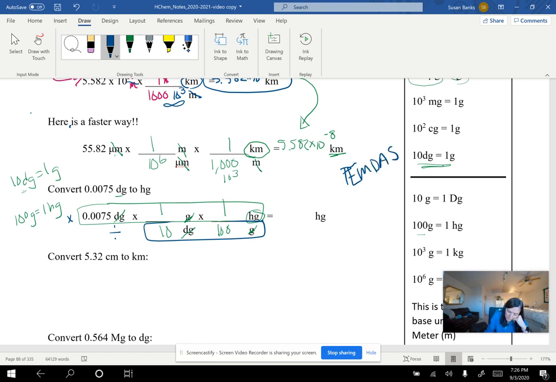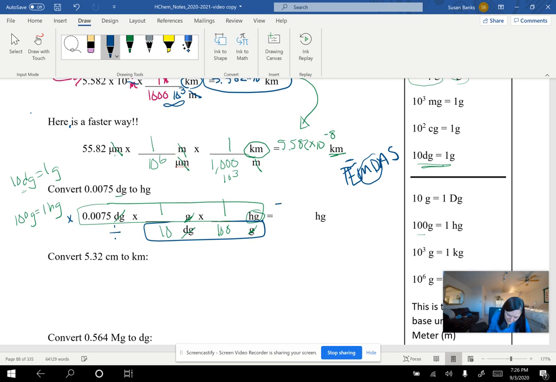We don't really have parentheses or exponents here. We are really focusing on multiplication and division. So we can do that going left to right every single step. So if we take 0.0075 and divide it by 10 and then divide again by 100, we will get